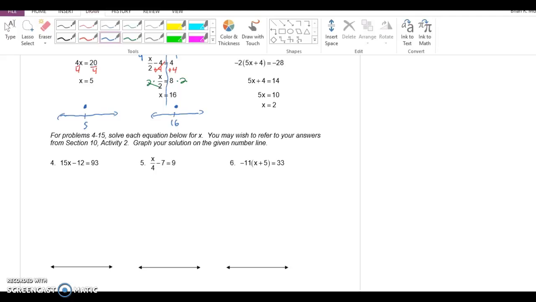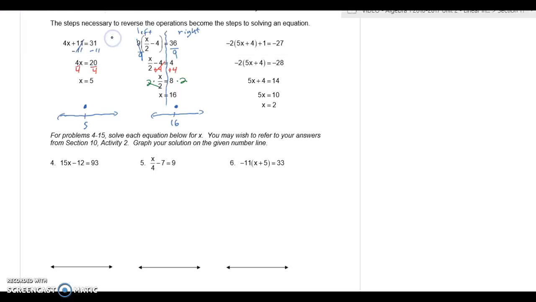We have x divided by 4 minus 7 equals 9. I don't see any parentheses, so my first thing I'm looking for is, do we have any addition or subtraction that we want to reverse? I'm seeing a minus 7, so I think I want to get rid of that first, plus 7 to reverse it. And again, that equal sign divides the left and the right, and I'm just going to call that L and R. Once we've got that done,